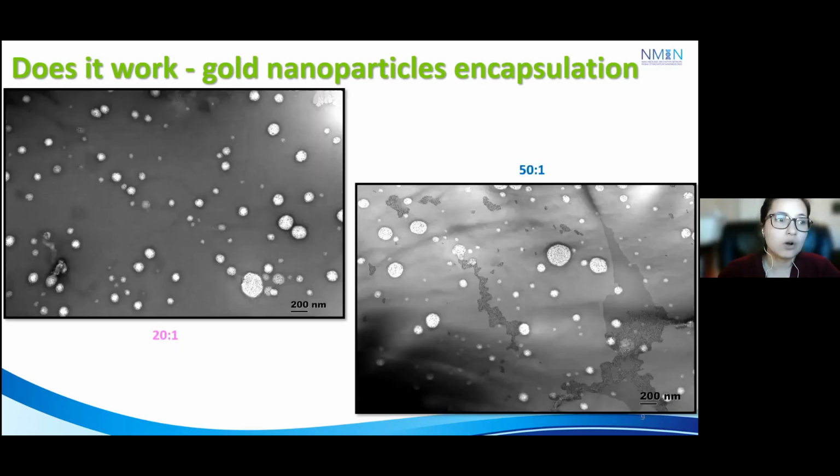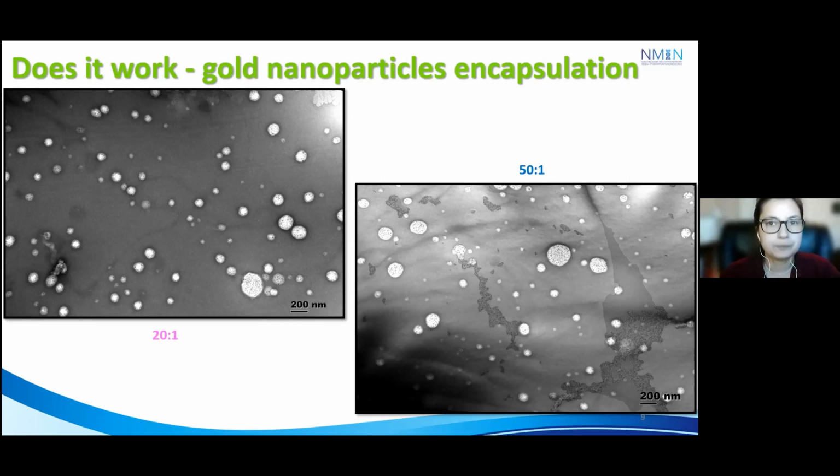But this works. So I was able to prove by using TEM that the particles are actually encapsulating into the polymeric micelles. Here you have the TEM staining of the particles. You can see that the clear particles inside are spherical, and the black dots represent the gold particles. Here you have the two different ratios, 50 times more gold polymer and 20 times gold polymer. The average sizes are influenced by how much gold is encapsulated in